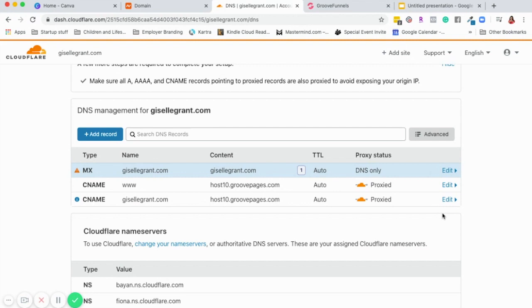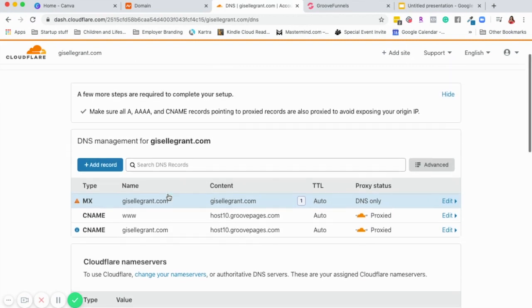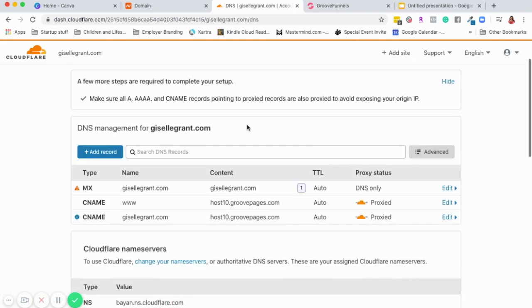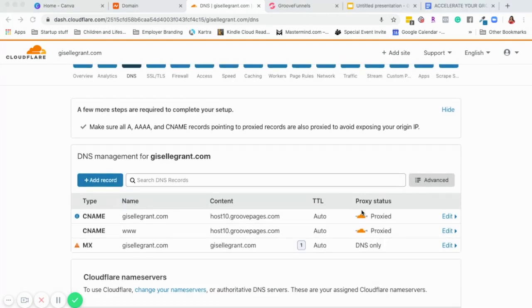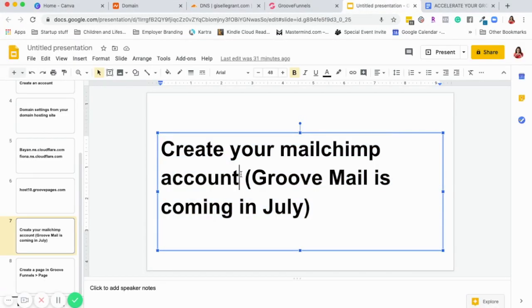So we are done with the name server's configuration. Even though it's saying to make sure you don't expose your IP, this is actually something that is okay. You don't need to worry about it. You're done here. Before we hop over to Groove and start building your email, we're going to create a MailChimp